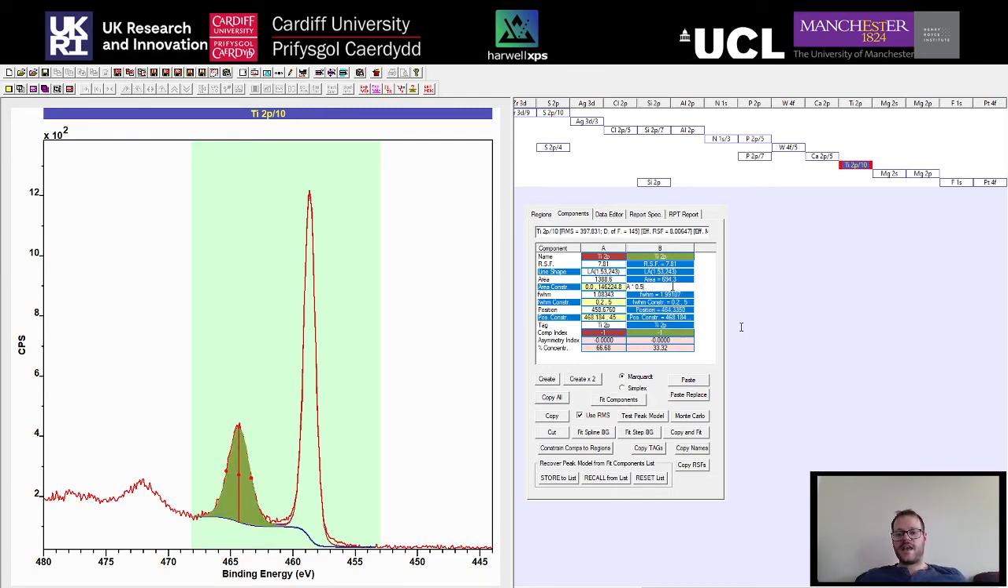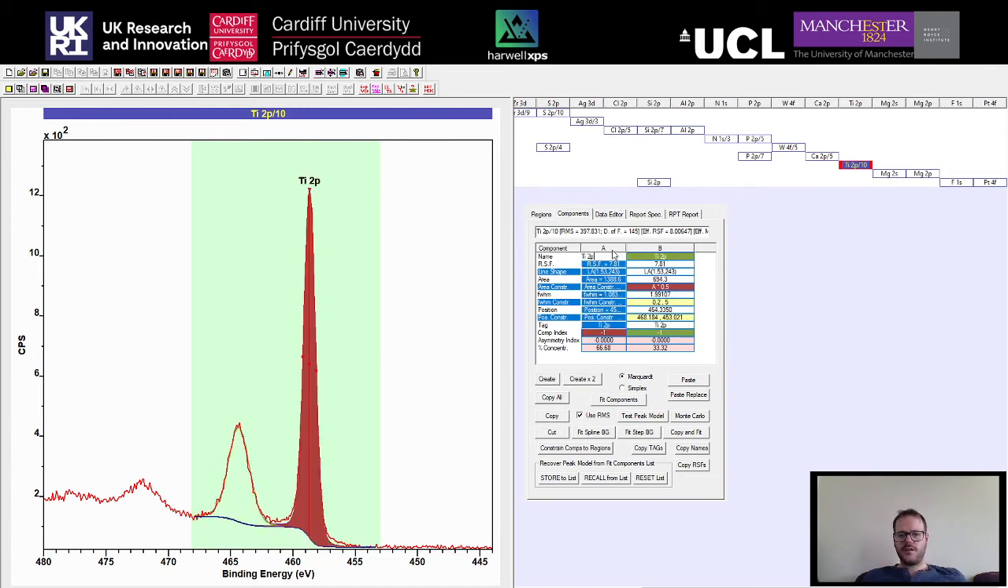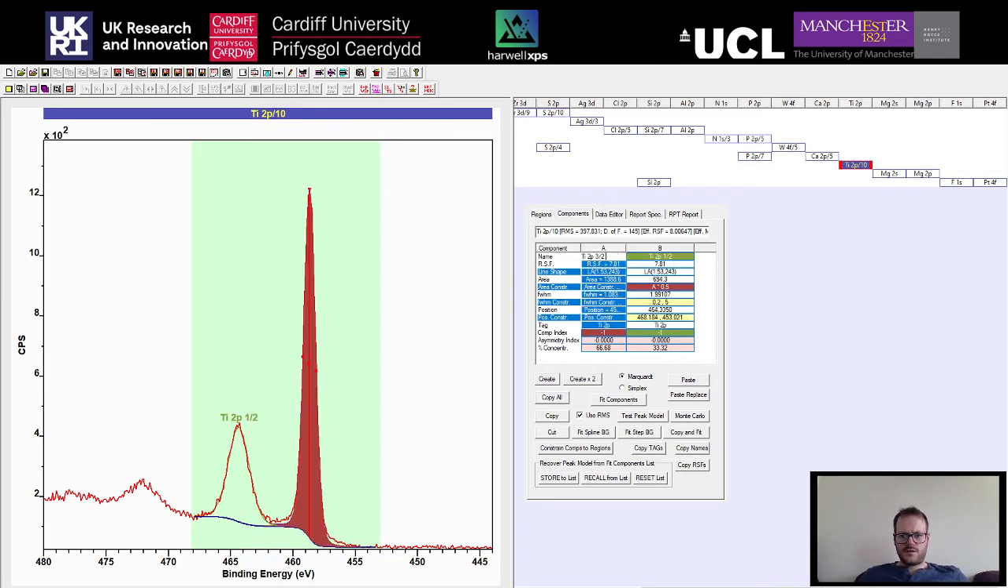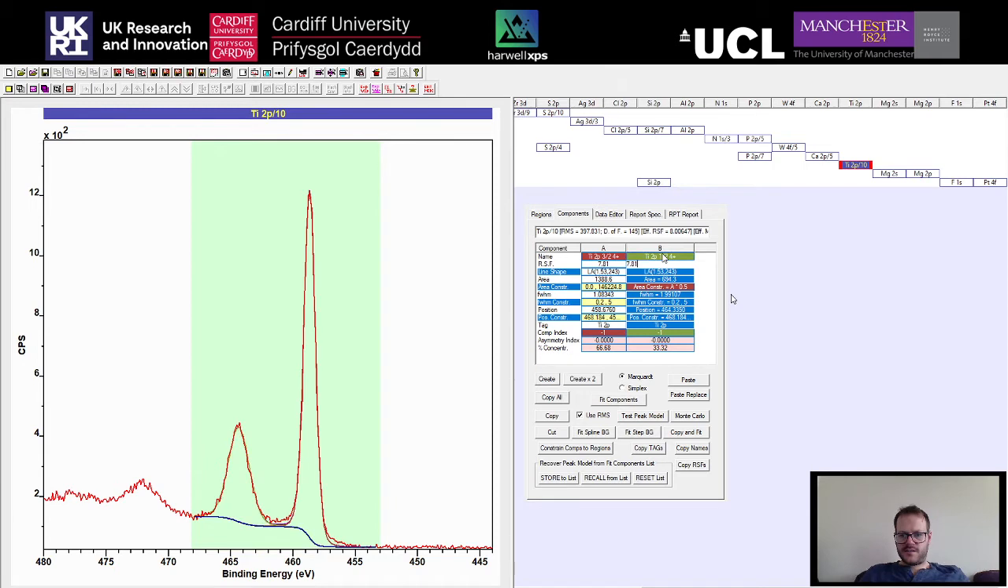So the area constraint is still the same. We've still got a 2-to-1 ratio of the 3/2 to 1/2. And this is also, we'll say 4+. So this is just some anatase titanium dioxide. And what we can also do is come down here and put in our doublet separation. So if we want to use this as a model for, say, titanium 4+,